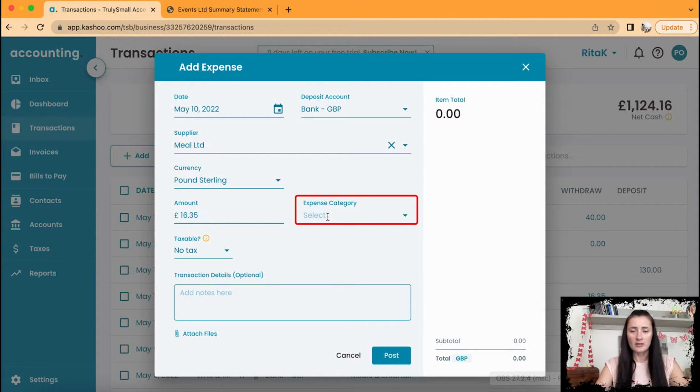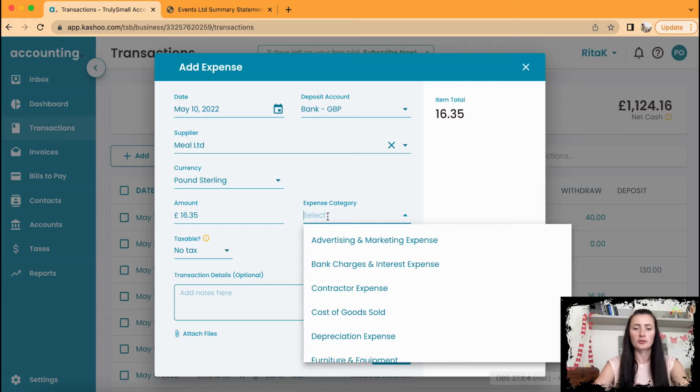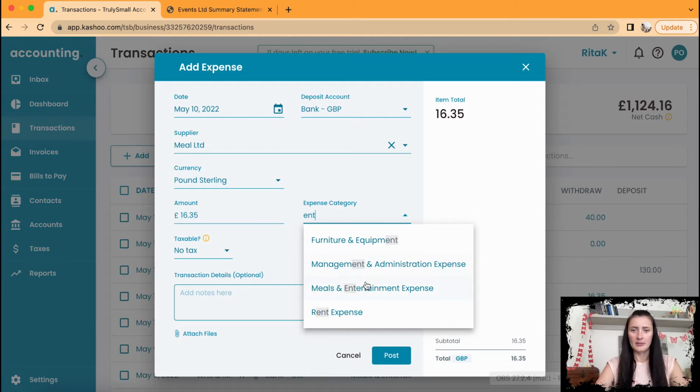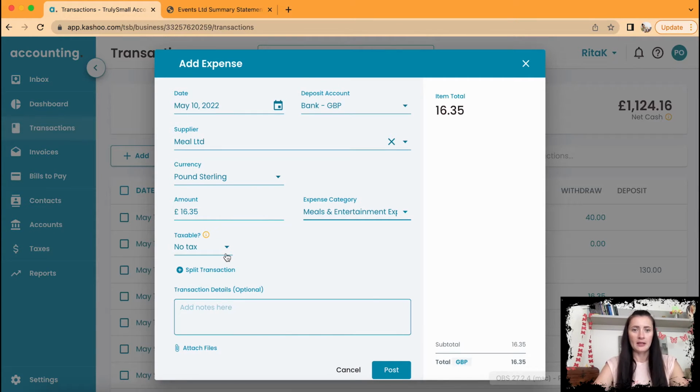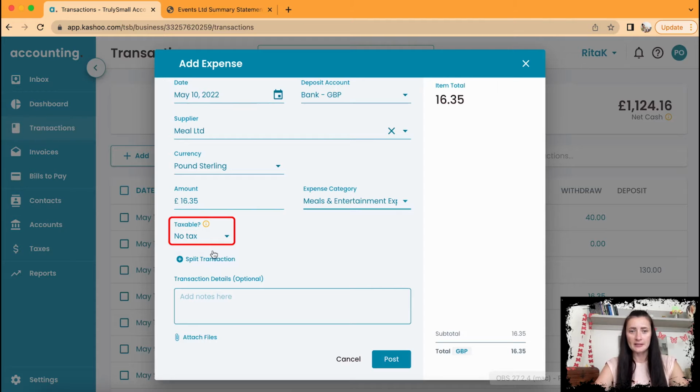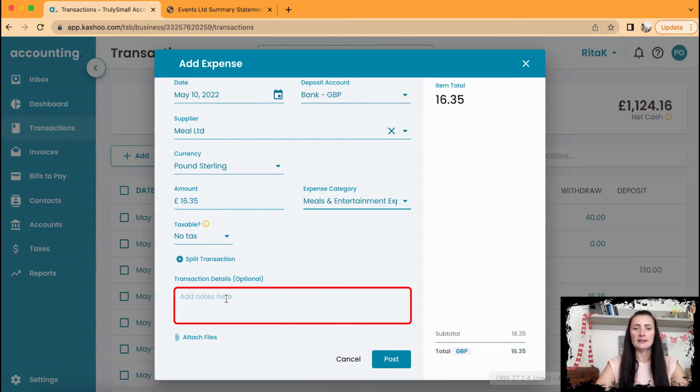That is where these costs need to go, for example, to show up in your reports. In my case, it will go to entertainment, meals and entertainment expense. If it's taxable, select tax, otherwise just leave it as it is. And you can add details, for example, supplier or customer meeting,